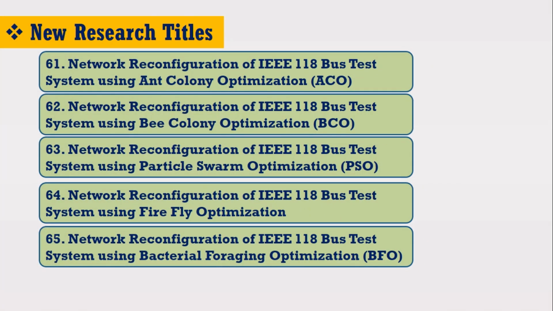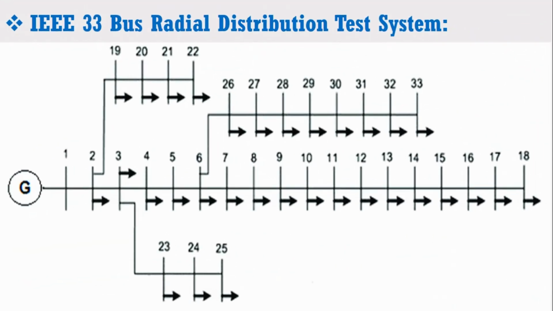Friends, these topics are so important that still many researchers are doing their PhDs in economic load dispatch, optimal power flow and network reconfiguration. Now question may arise that what are the new aspects in these topics that can be used to do the research. For this purpose, look at the figure again.